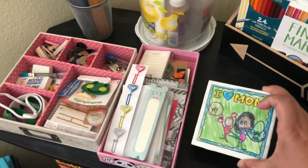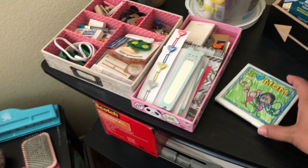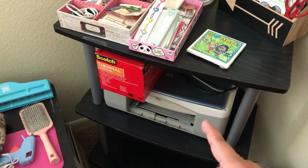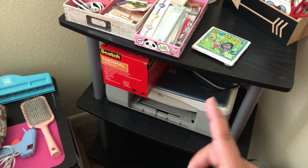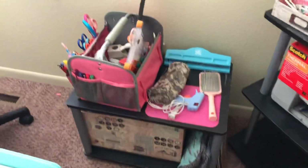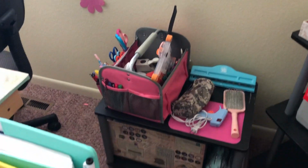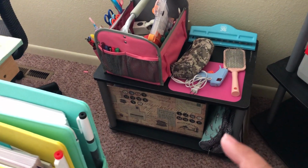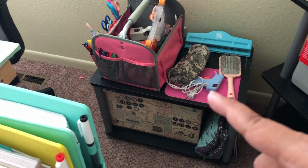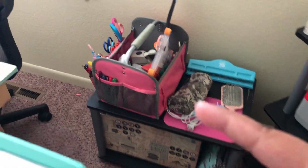I have a cute coaster that my son made. And my laminating machine, a printer that I still need to hook up and clean because it's disgustingly dirty, but it still works. And then I just have another shelf. I have my planner bag, puncher. I have a random brush. I have this tool